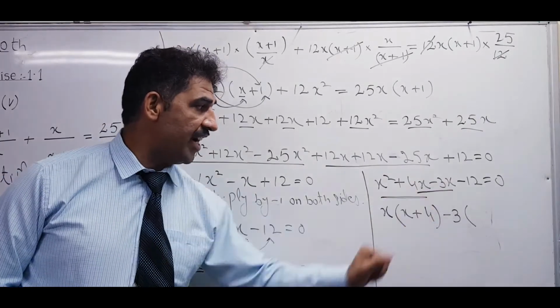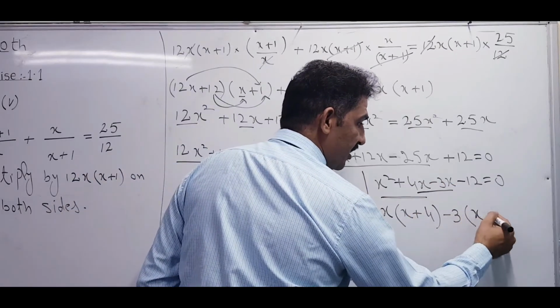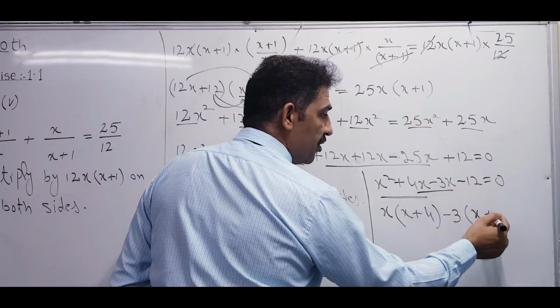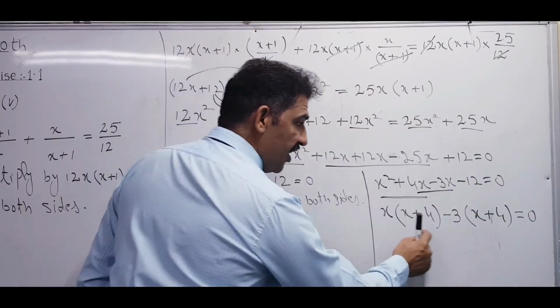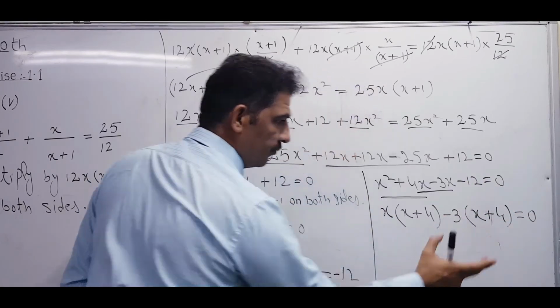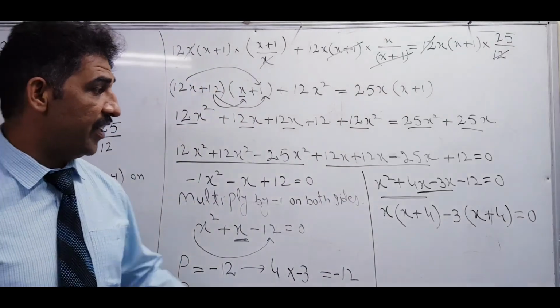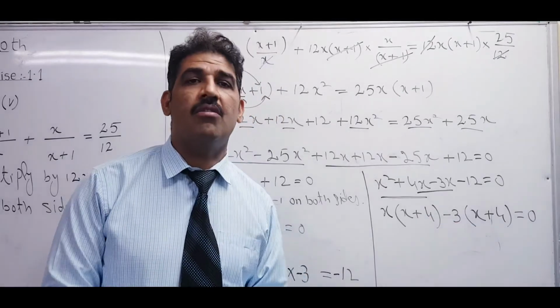And this 3 is dividing both numbers. So 3 ones are 3, so x will remain the same. The sign will be changed because minus y we are taking common. 3 fours are 12. If these two numbers are the same in the brackets, then you are right. If there is even a change of sign in these two brackets, it means that you are wrong.